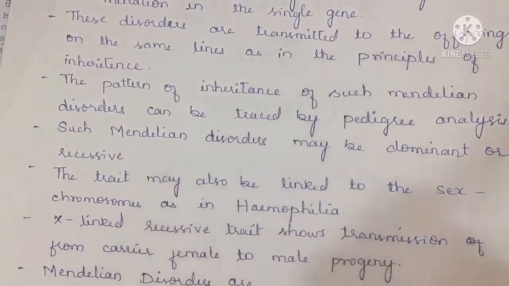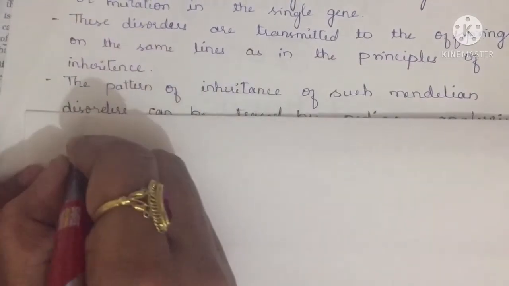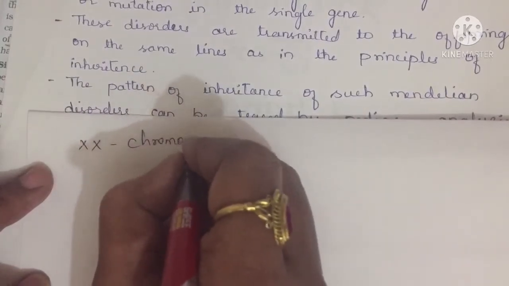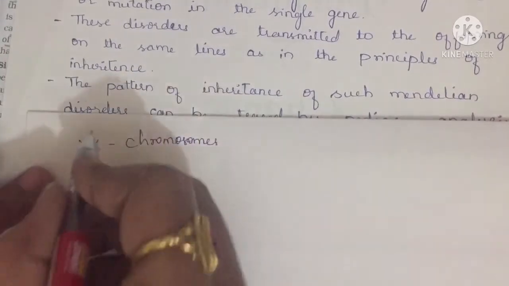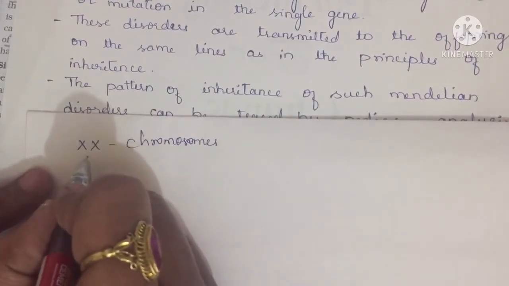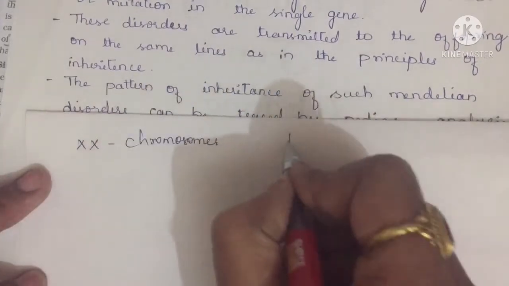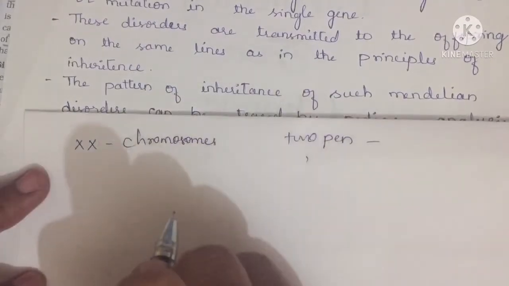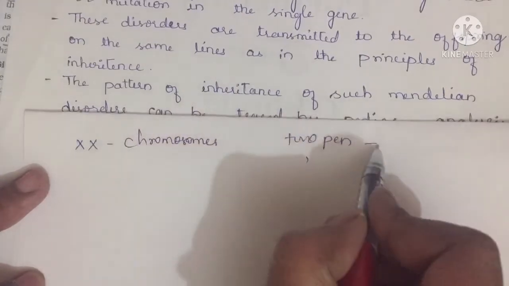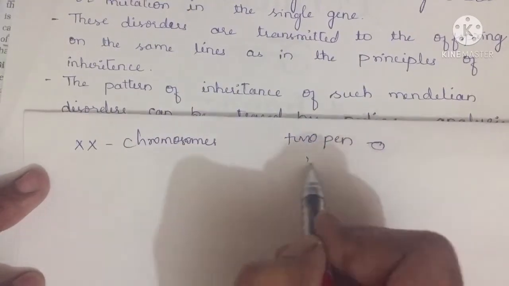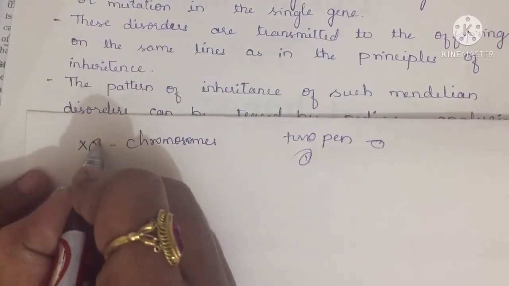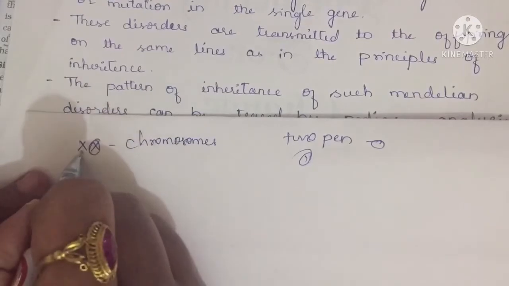Now this female will be a carrier. Let me show you here, because females have XX chromosomes. These are the two X sex chromosomes, right? Now if an individual has two pens, one pen is not working, another pen is working. So during the time of an exam, if the pen which is working stops in between, you can use the other one, right? Similarly, if one gene has a defect, then the other gene is working.